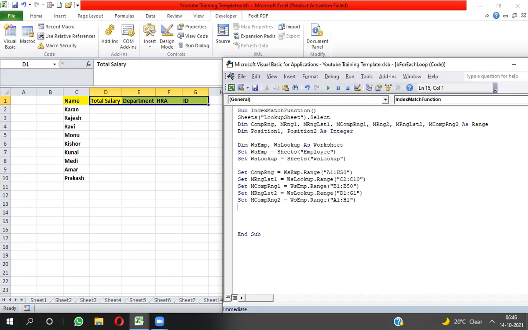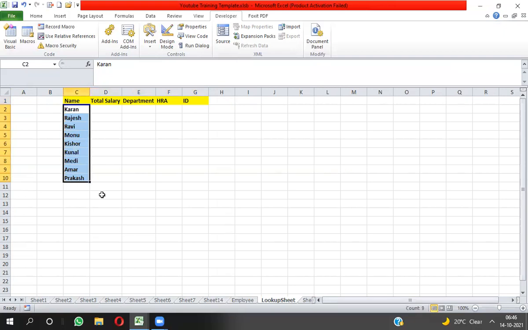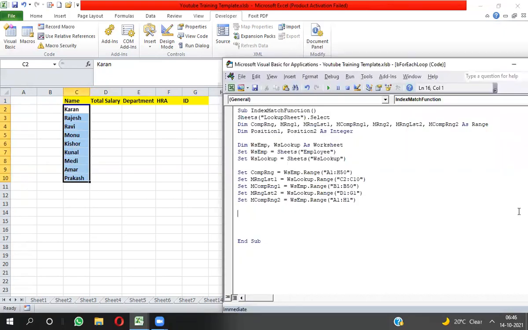And here I will take C2 to C10, and for each rng1 in mRng1.